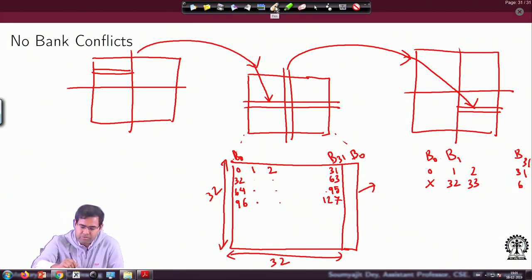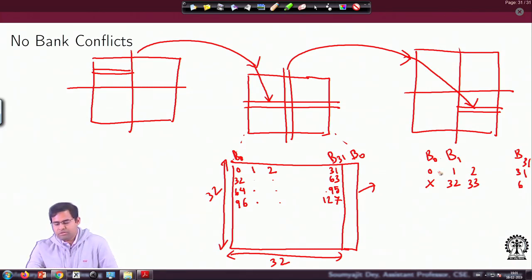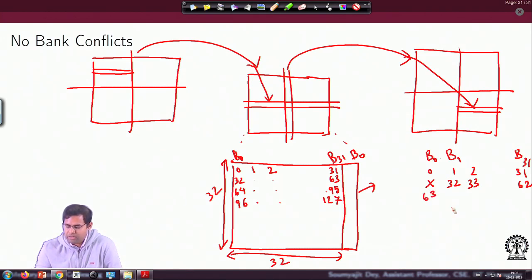Please understand this, this is very crucial. Since I have put in a don't care here, now your B0 starts getting mapped from the B1 location, right. So, sorry, here it should be shifted to 62. But then where does 63 go? 63 would now get mapped in B0, and then after that there was a don't care, right.